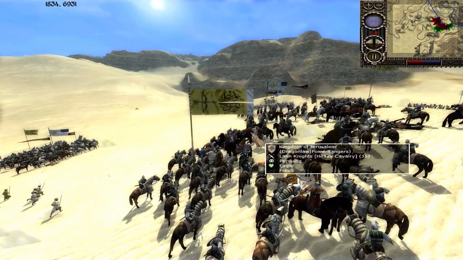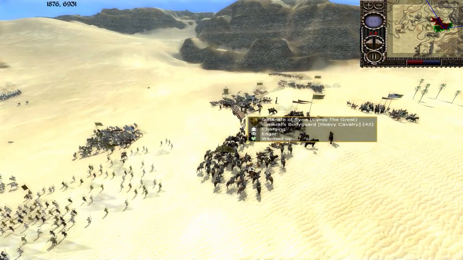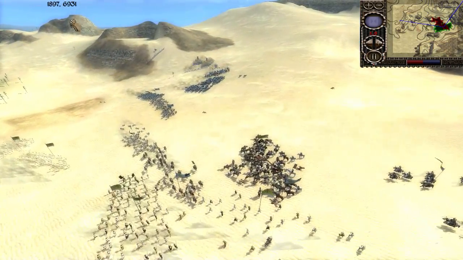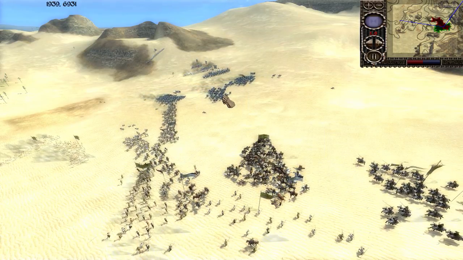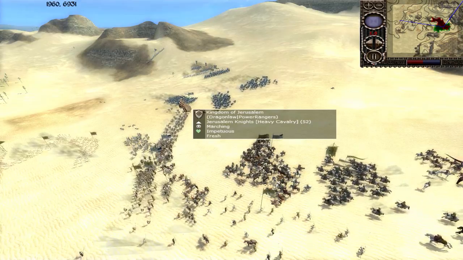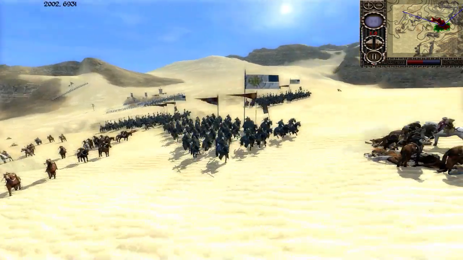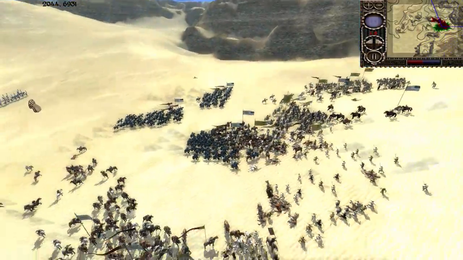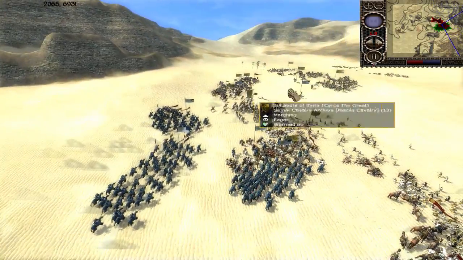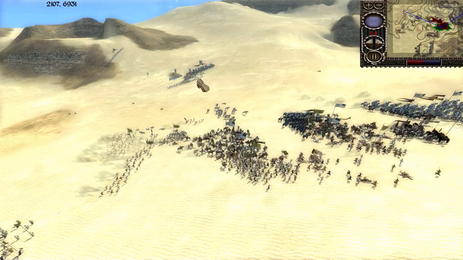So my guys are getting the upper hand over these units and my general surrounding, but here comes his main forces, his main core consisting of Jerusalem knights. 3 units of Jerusalem knights are charging right into my backs, and that's not good. That's a fail on my side, and I need to pull back quickly, otherwise I'm screwed. Without my cavalry I have no chance against this